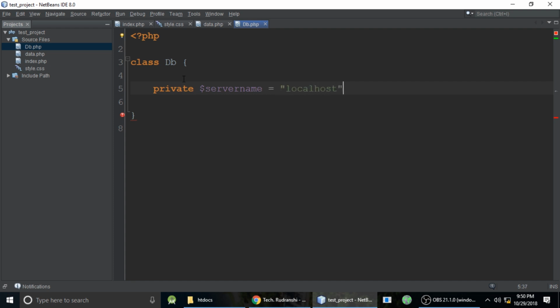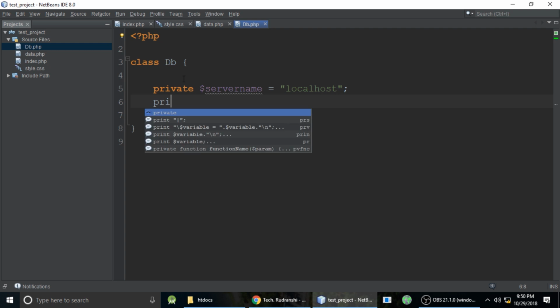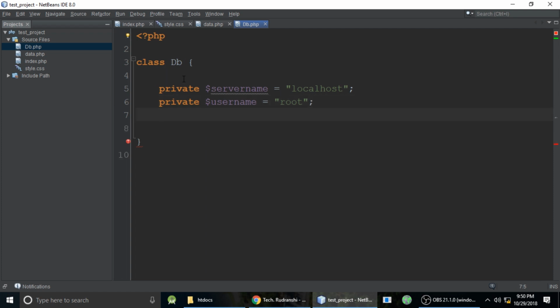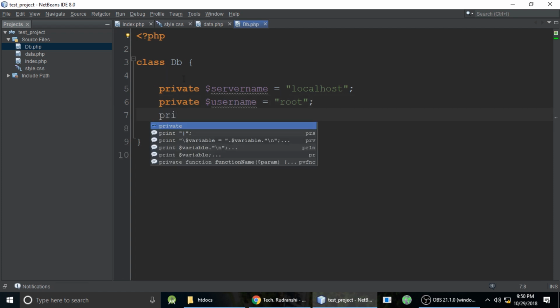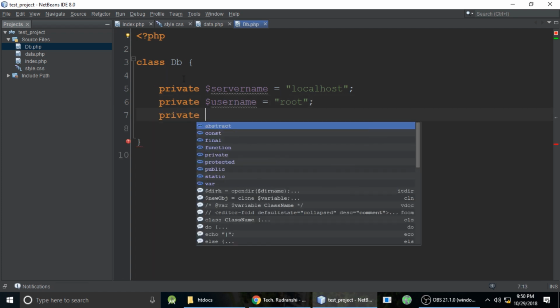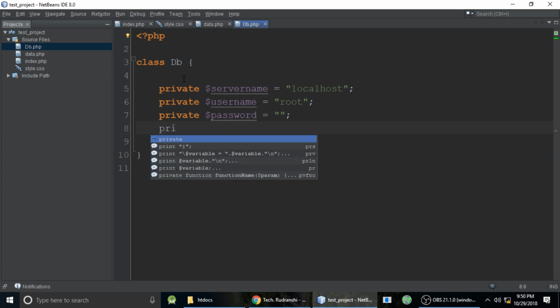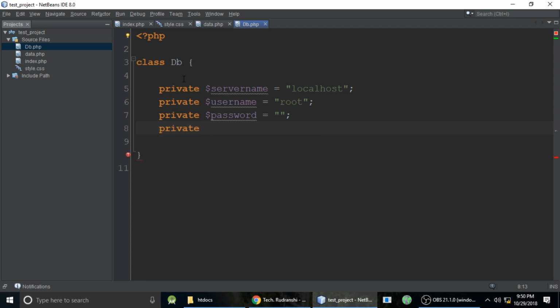Server name, by default the server name is localhost. Database username is root, and it's private because we don't want to access these values in any other files and class. So I'm putting it as private. Password is blank because my database password is blank. And db name, we don't have a db name. Test